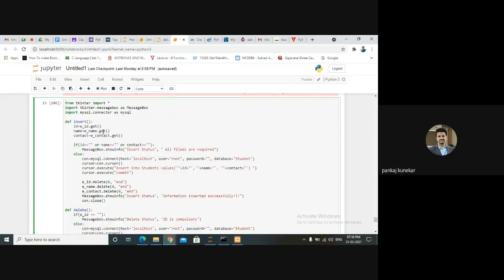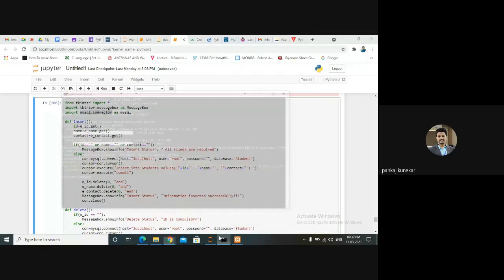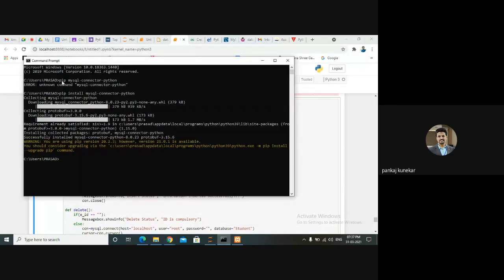The most important part is that we need to import the MySQL connector. Python has a module, mysql.connector. If it is not present, you need to install it.